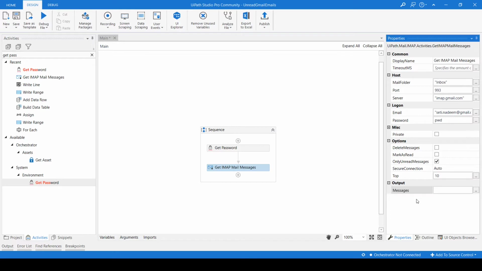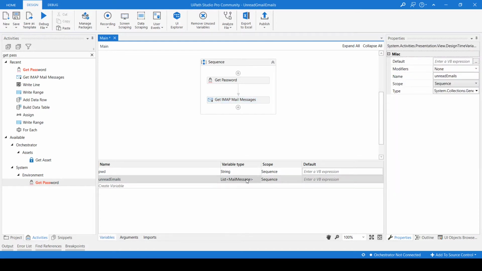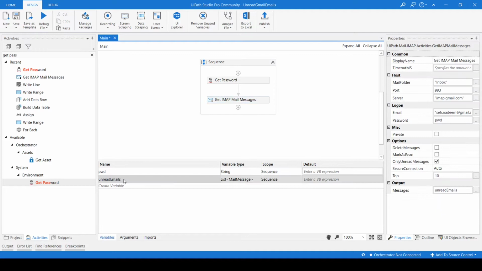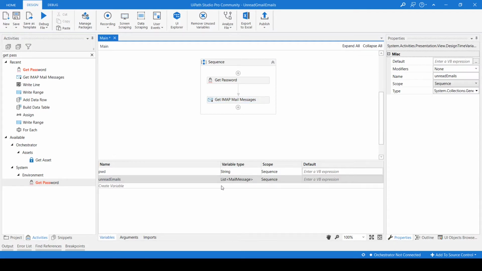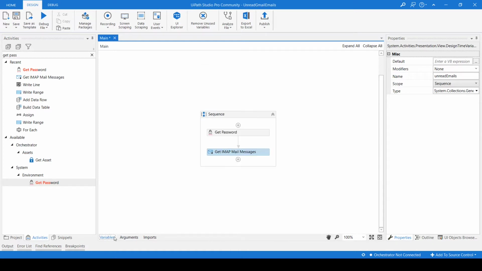The 100 emails variable is created, and here the password variable is created. The password variable type is string, but the 100 emails variable type is a list of email message. So this is the basic difference between these two variables. I'll explain it here.